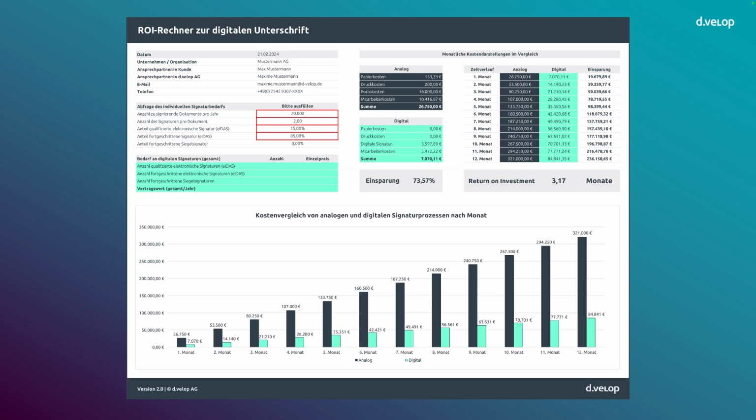How do my analog signature costs compare to my digital signature costs? In doing so, we make common assumptions that are tailored to your business environment. For example, how many documents are signed, how many signatures are needed, what security levels do we need? We'll go through that together with you, and then you'll get a list. What is your individual savings potential, both in monetary terms, meaning in euros, and also in terms of time? Really, our